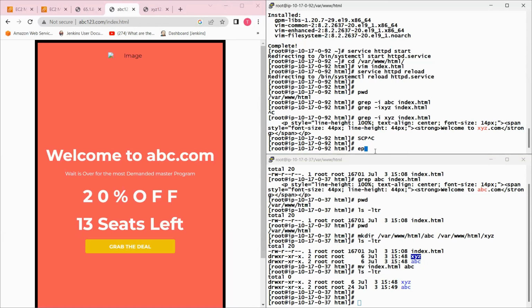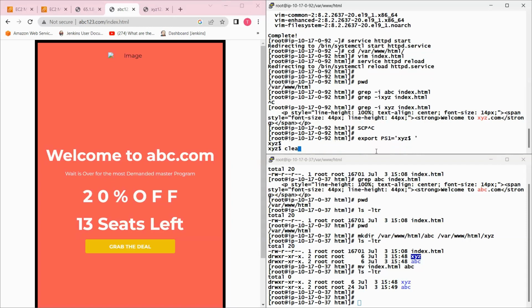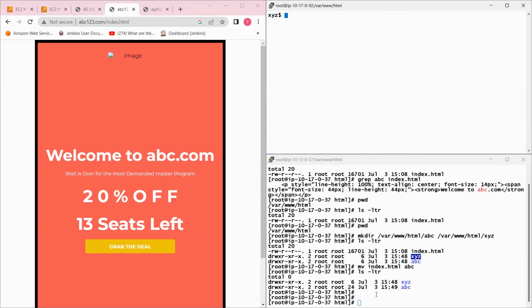So let's rename this server as source. Okay, something like this. Rather than source, let us rename it as ABC or XYZ. So you have to copy from XYZ. So this is my XYZ server, to ABC. Export